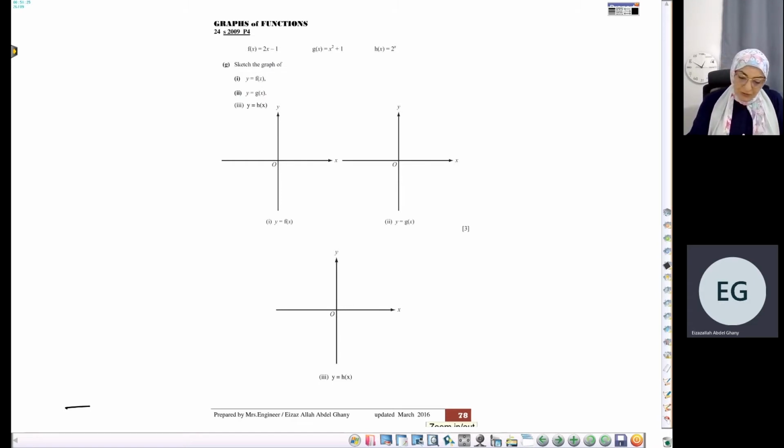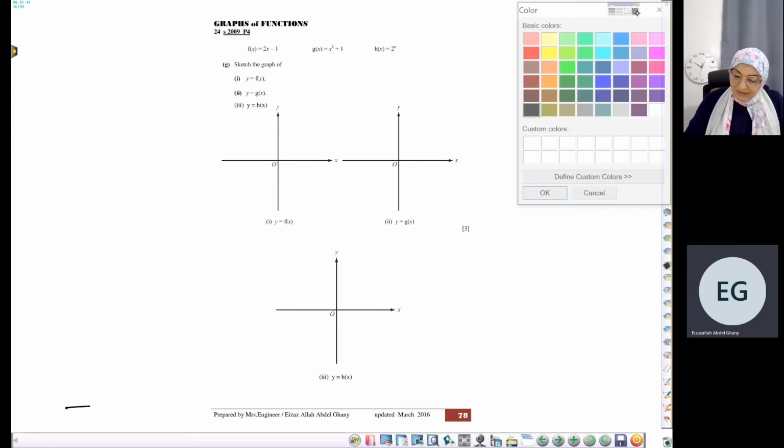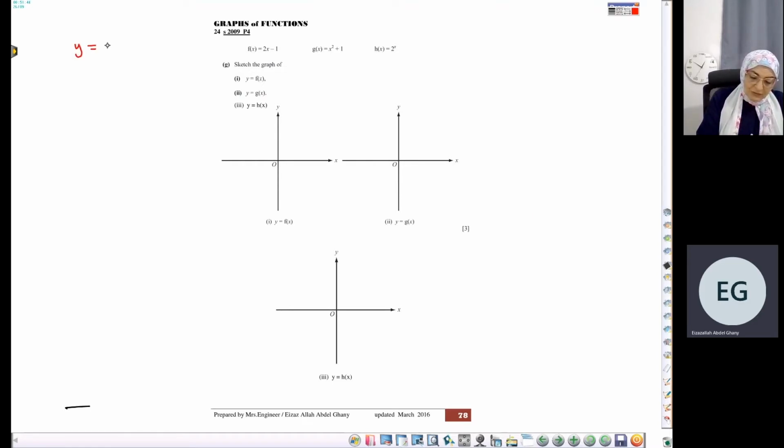functions. The first one, y equals mx plus c. It's a linear function which is going up, the gradient is 2, and cuts y-axis at -1. Let's write it here. It's a linear function, y equals mx plus c, which is y equals 2x minus